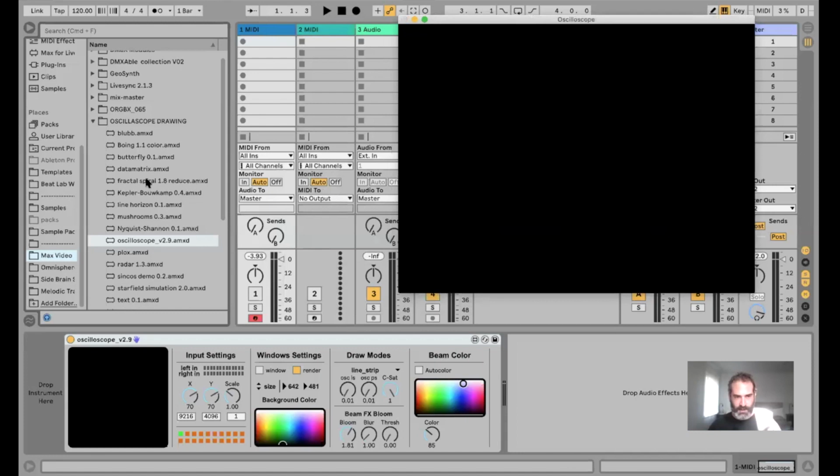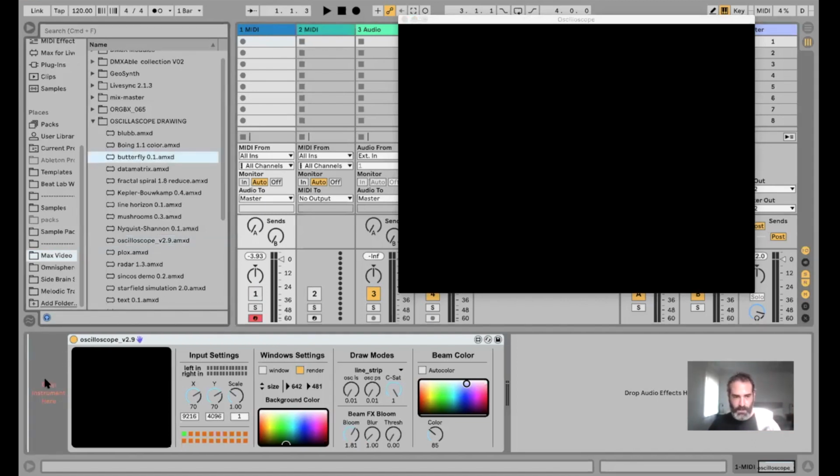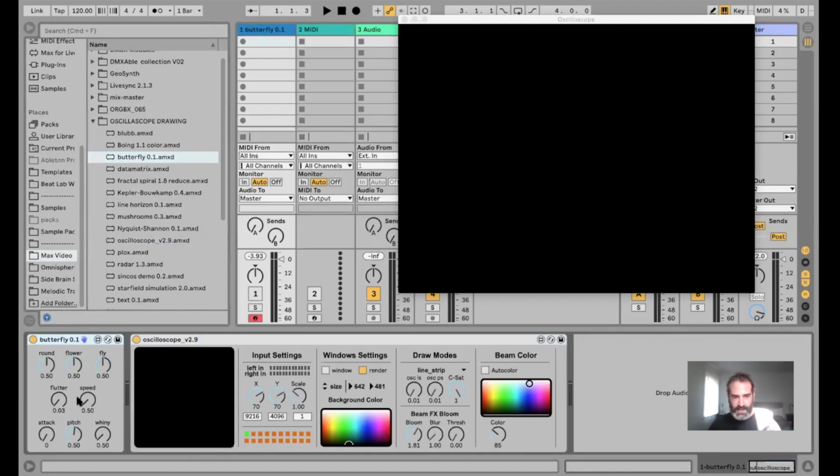Let's load something here. So all these devices will make a weird sound. We usually don't use them for the sound. We're going to mute the track. Let me unmute it just so we can hear it. So I'm going to load, let's load Butterfly. Let's load that. Nice. So this is an instrument, meaning that I can unmute the track, start playing a note